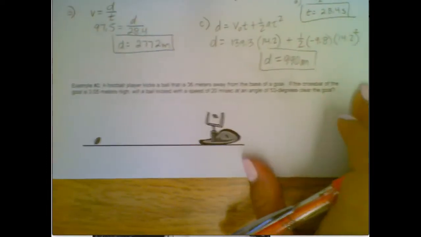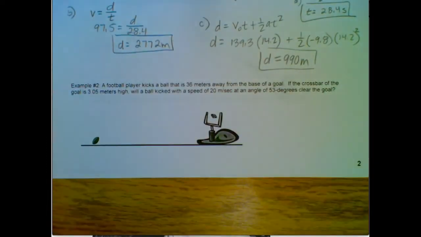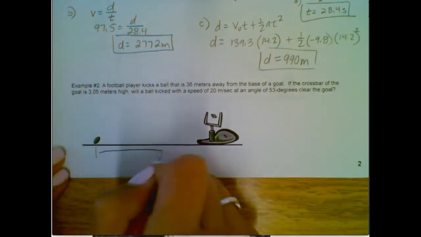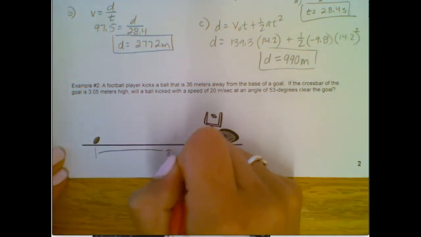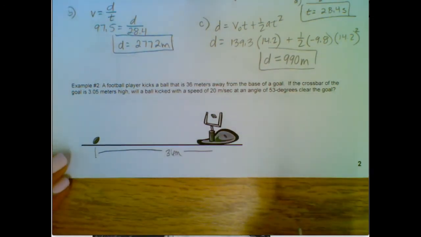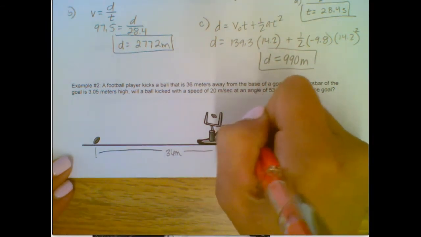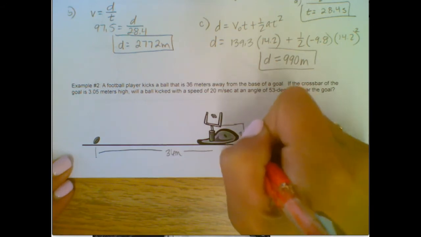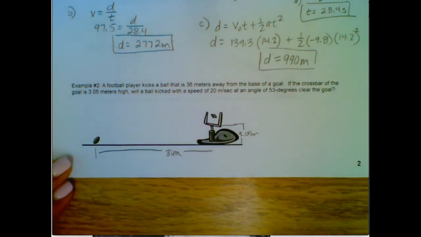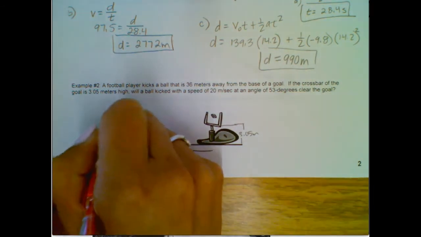Okay, and then let's go ahead and look at example 2 here. It says a football player kicks a ball that is 36 meters away from the base of the goal. So we know that this measurement is 36 meters. If the crossbar of the goal is 3.05 meters high, will a ball kicked with a speed of 20 meters per second at an angle of 53